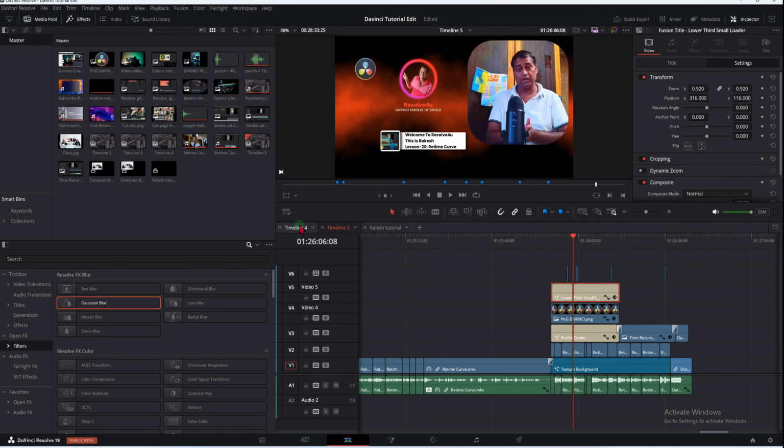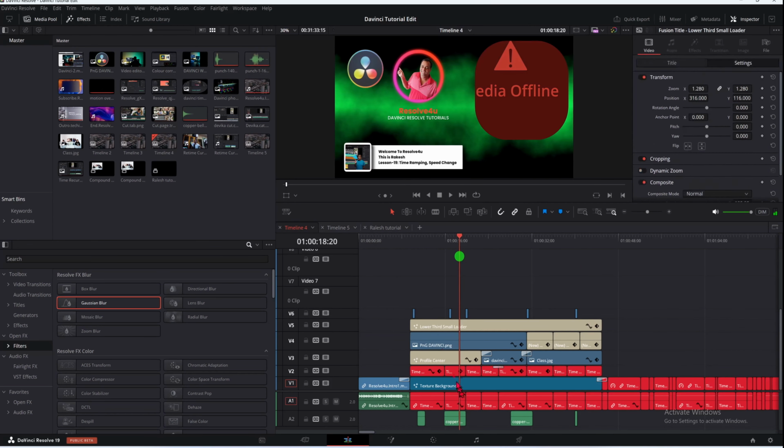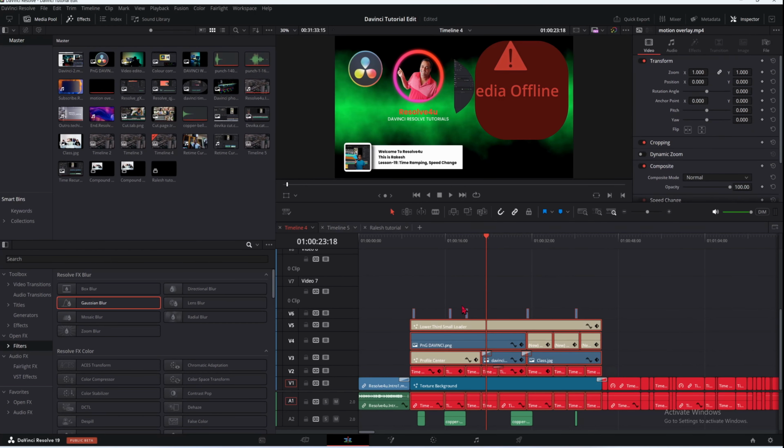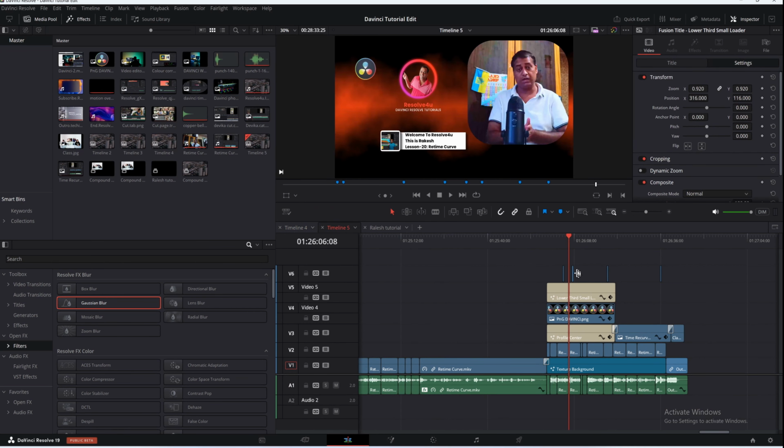You see I have a timeline from another class. Here we use this lower third. Here you see our photo, the DaVinci logo, and this is a generator. You see this generator, it is rotating, this beautiful generator. In this way I make our video like this. I select, right click, new compound clip, okay, create, and I drag this to here. The same change I make here on this clip. Actually this is very convenient.